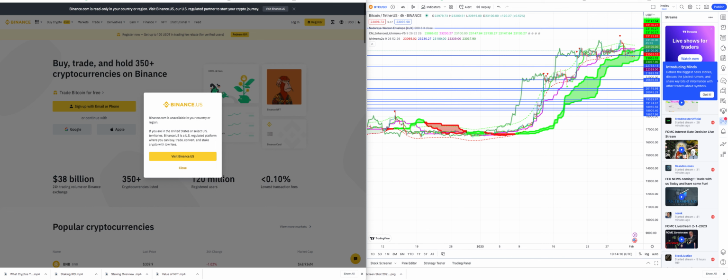So one of my main goals this year or next year is actually to move out of the United States. Currently, I do live in Puerto Rico, but that is still part of the U.S. territory. And I want to get out of the United States so I can actually take advantage of Binance and not have to deal with using a VPN anymore.